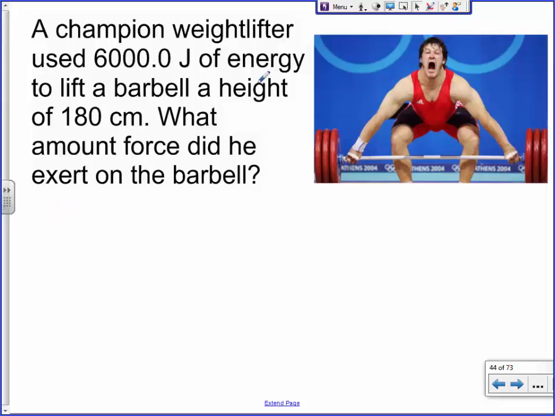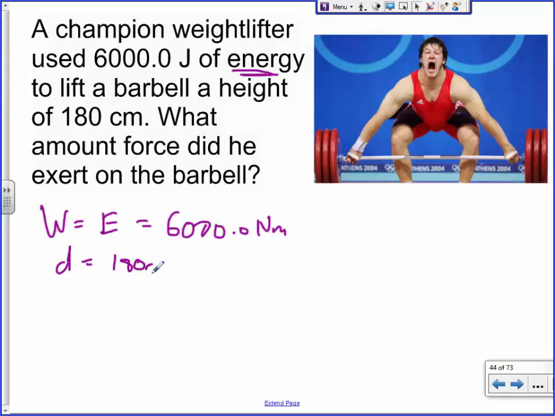Okay, well, actually, I threw one more twist in here. I said how much energy he expended. Well, work is equal to energy, right? Does that make sense? So either way, even though I called it energy, we use 6,000 Newton meters worth of work or energy, whichever one you want, right? The work he did was accomplished because he used his energy to do so, right? The distance traveled was 180 centimeters. You guys convert that into meters? What is the prefix for centi?